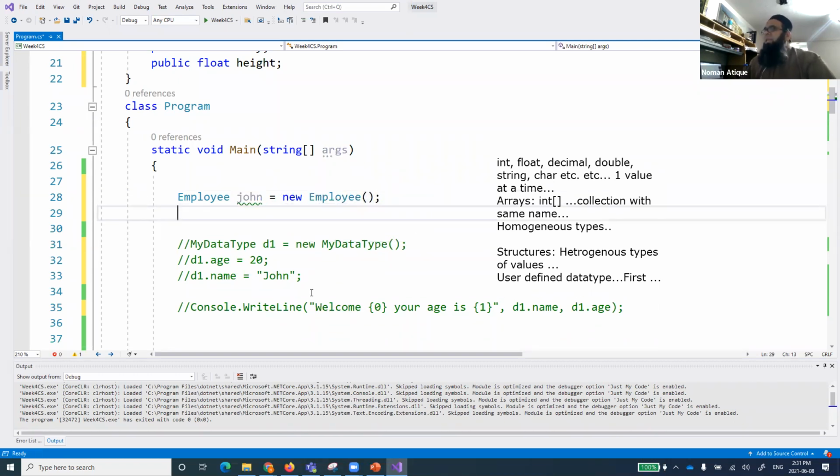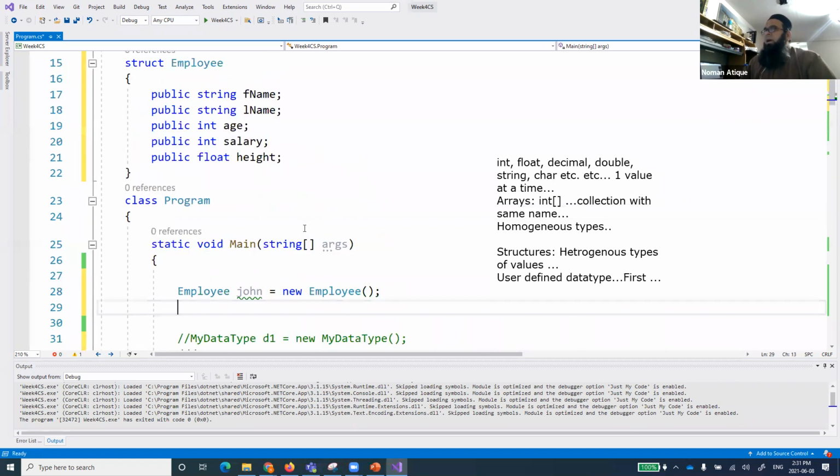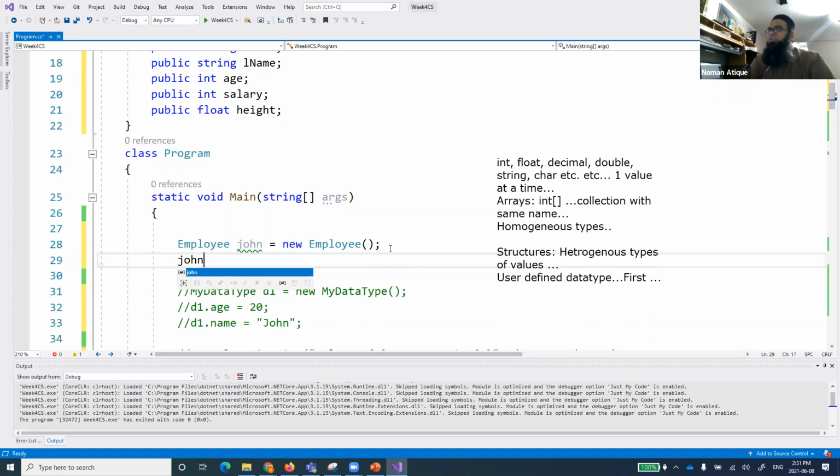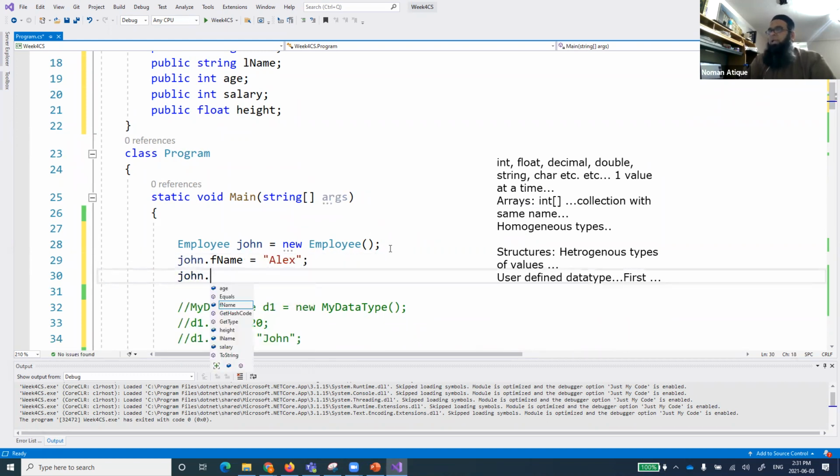So I've created a variable for John. Now I can refer to John's fields. I can say john.fName equal to Alex or whatever, john.lName equal to John itself, maybe.